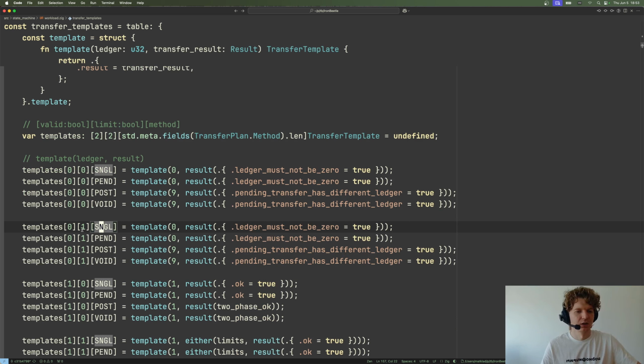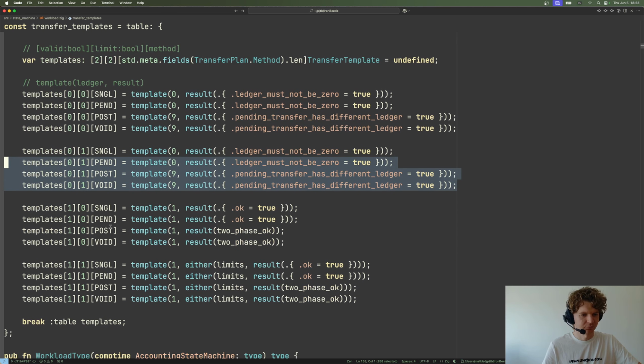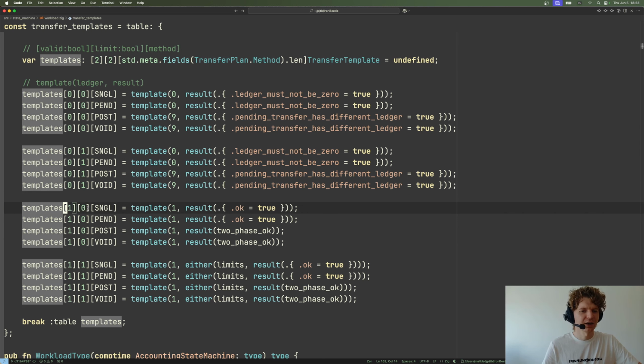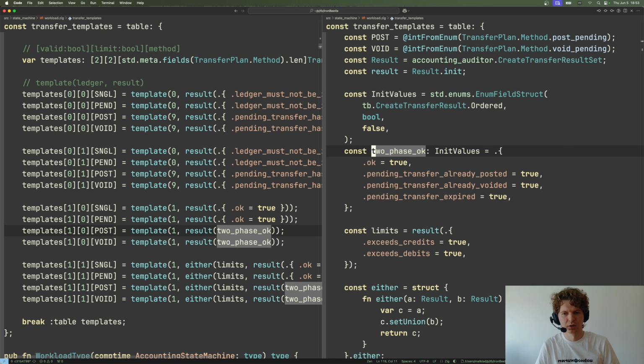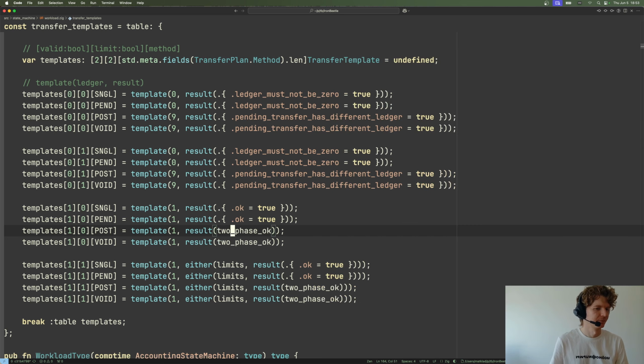Now, limited transfer, but still invalid. So we still have the ledger problem. Okay, now valid and unlimited. Valid and unlimited. Okay. Otherwise, two-phase ack. And two-phase ack is that, okay, either it is ack or already voided or already posted or expired. Okay, and finally,